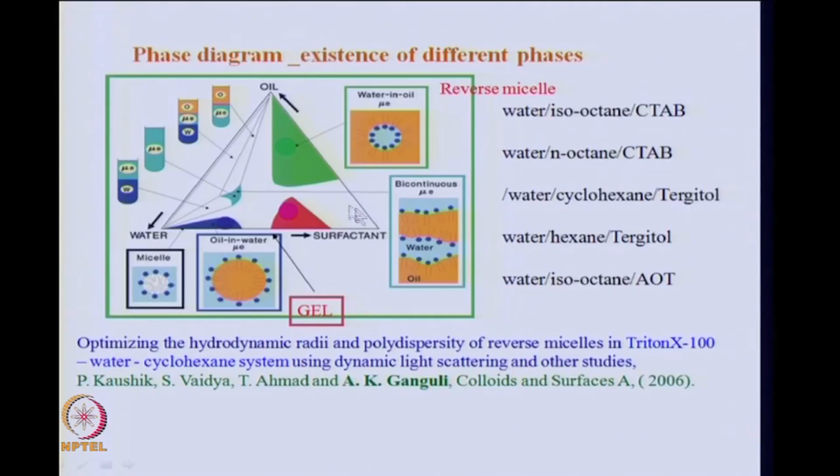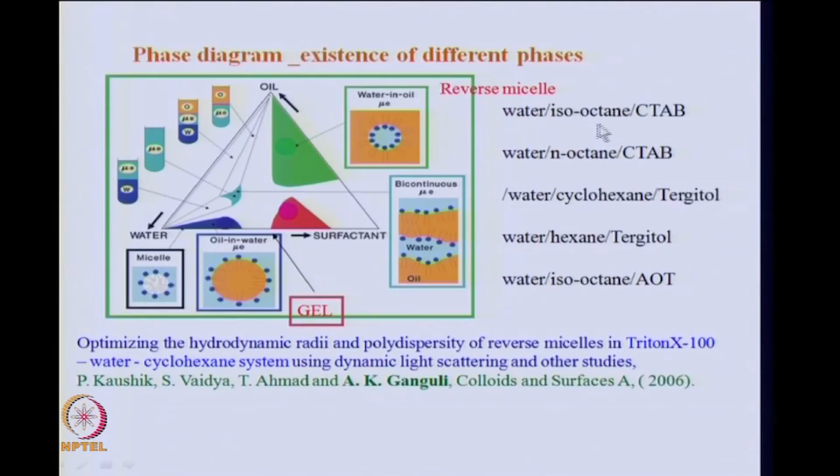So, what this phase diagram tells you is what should be the composition of your microemulsion system in order to get reverse micelles or micelles, and to understand this phase diagram is very important because you have to choose your system properly. So, if you want to synthesize a material in a particular surfactant oil medium, you have to know its phase diagram, because you want to know what is the composition of the oil, water, surfactant which you need to choose. And so, these are typical examples of water,